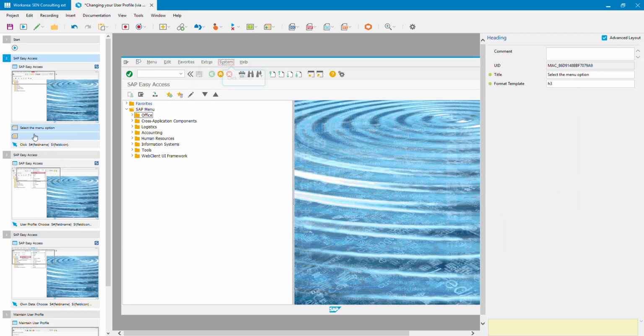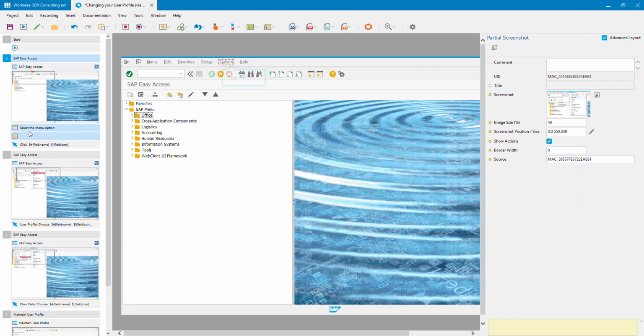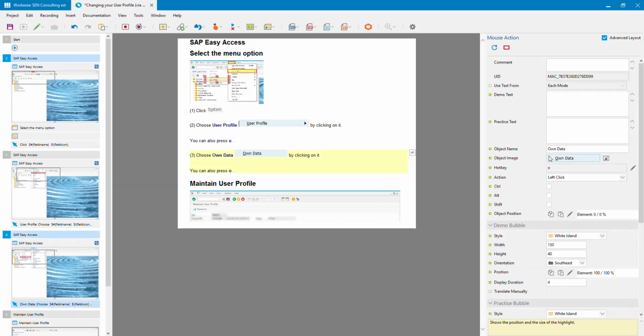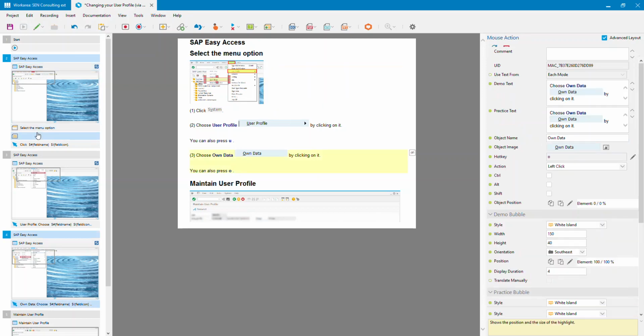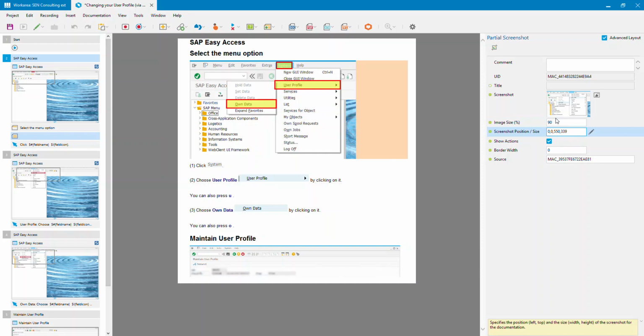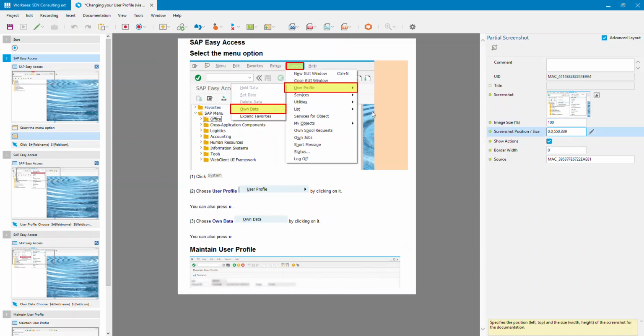The other thing I'll fix now is the size of our partial screenshot. The easiest way to do this is if I go to the documentation view. Here I can see how small it is, and unfortunately it's a bit of trial and error, but basically I can come in here and say push it up to maybe 90%, and see what that looks like. Still not quite big enough. Let me set it to 100 and I'll leave it full size, and it'll still be cropped a bit, but